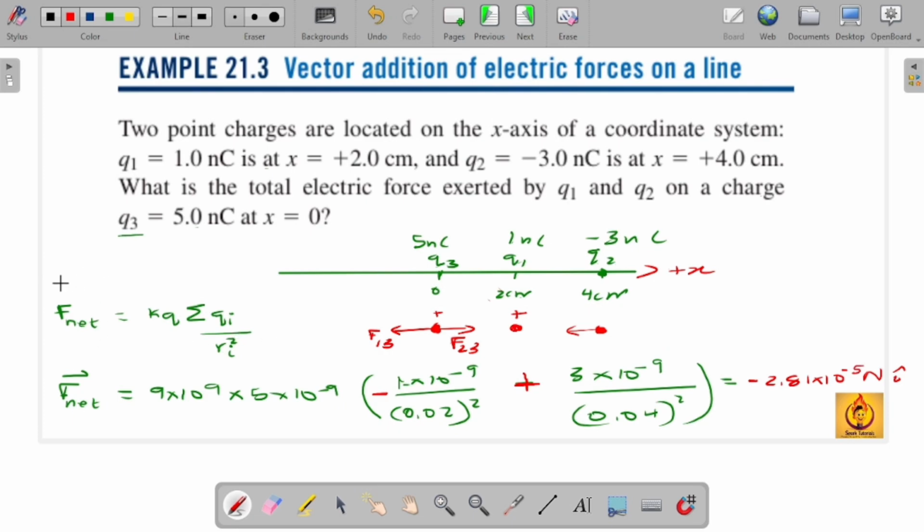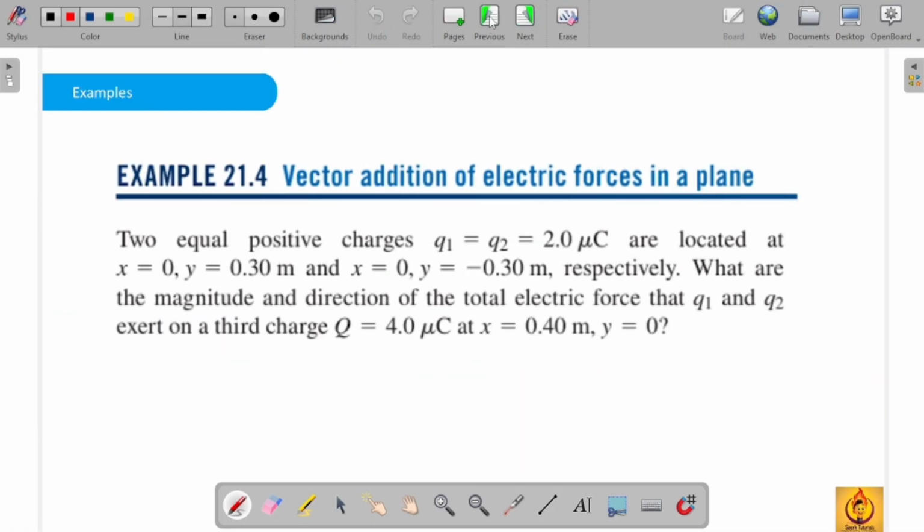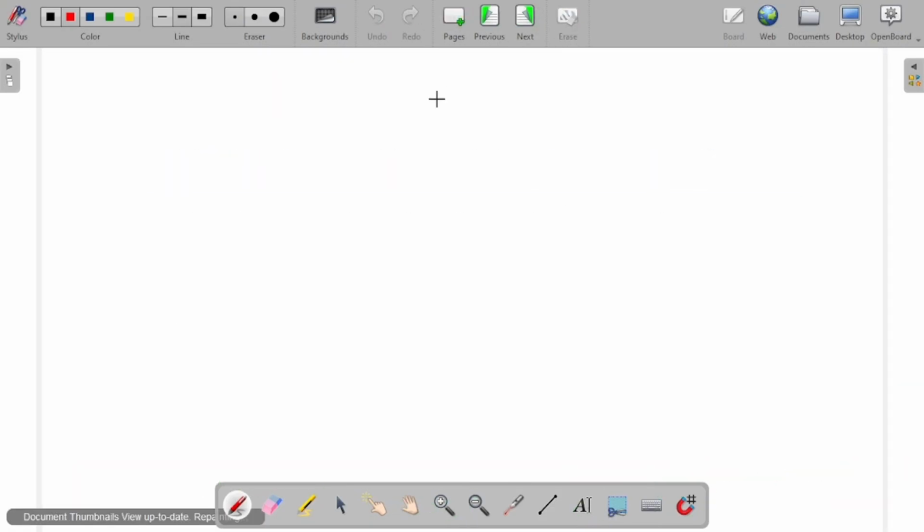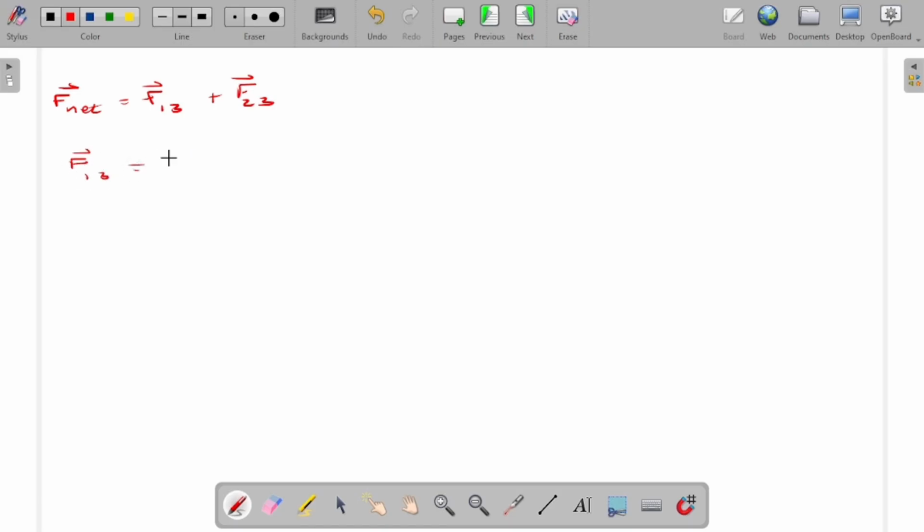Now, there's another way to do it. I think that one is better. It is not prone to errors like this one. And it is to say we are going to add two forces. The net force that we are going to calculate is going to be the force of 1 on 3 plus the force of 2 on 3. So now you're going to find the force of 1 on 3, which is going to be